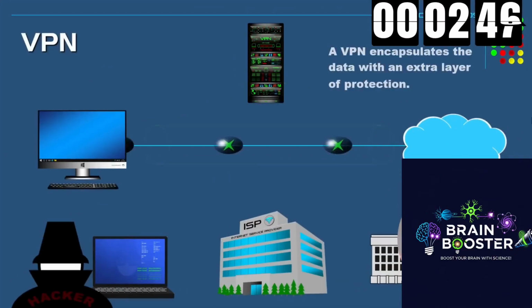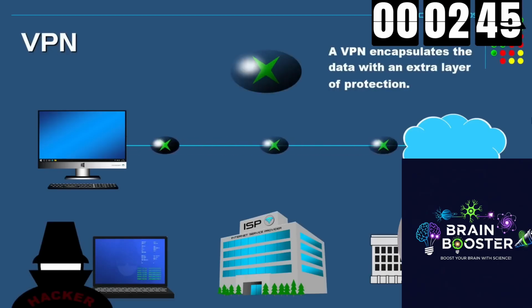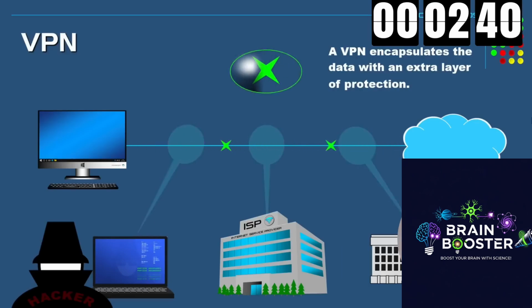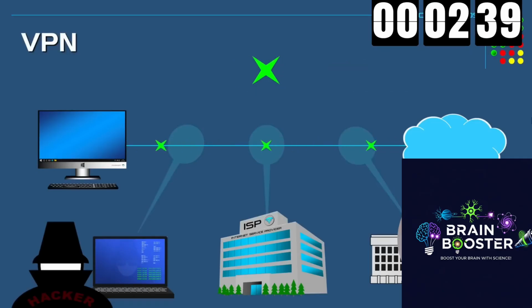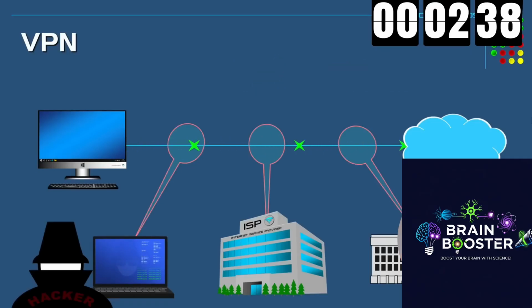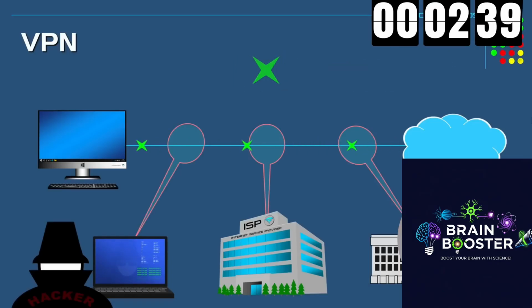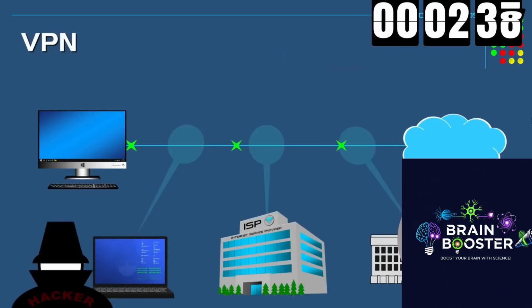Now, if you're thinking, we'll use a VPN, let me tell you the story of VPNs. Look, a VPN is like a shop selling a disguise. As soon as you enter that shop, it takes you out the back door wearing a disguise. That is, your ISP knows you connected to a VPN, but your ISP won't know what you did after connecting, because the VPN will hide your real IP address and show its IP address in its place.